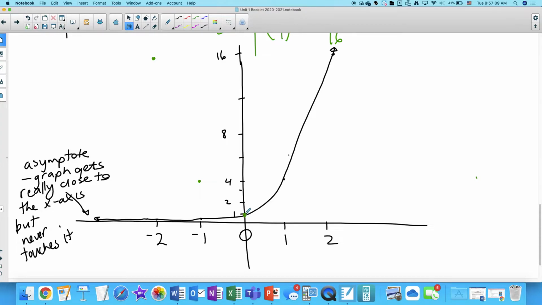When x was 1, g of x was a quarter. And when x was 2, g of x was 1/16. Okay? So this graph is actually a reflection in the y-axis. We get this reflection in the y-axis. And now the horizontal asymptote is on the right side. Okay? So really the important thing here is that